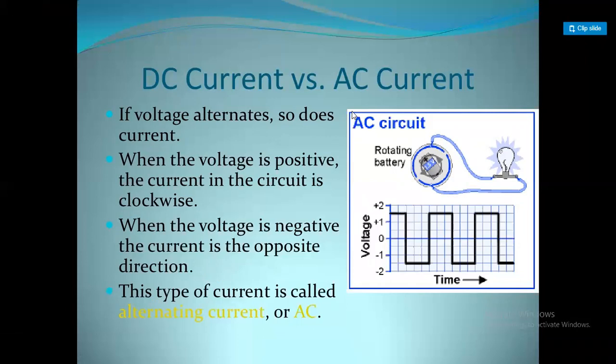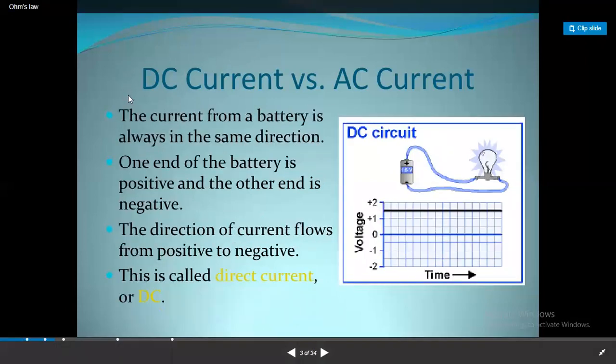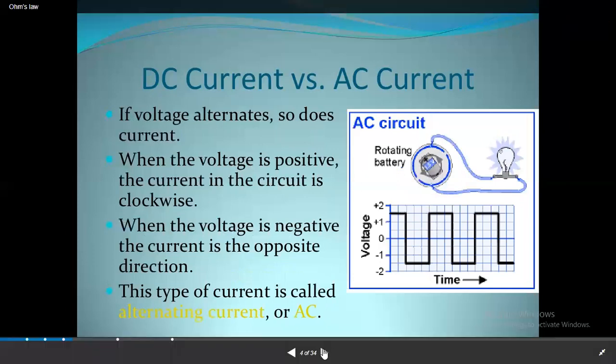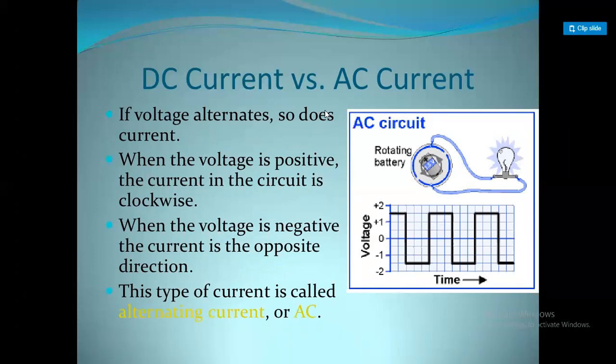If I repeat back, if the voltage or the current does not change with time along with its direction, we call it a DC current. If the voltage or current does not change with time and the direction also does not change, we call it a direct current or DC current. And if the current or the voltage alternates or changes with time, we call it an alternating current or AC current. That's a simple definition, right?